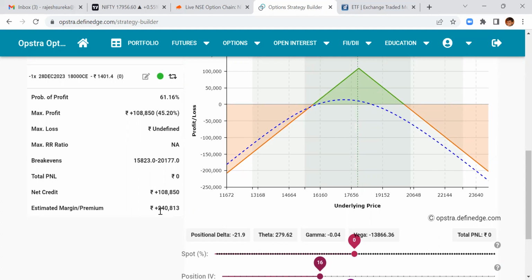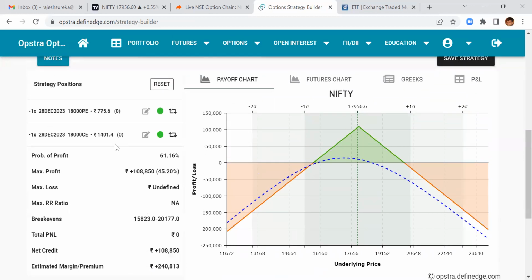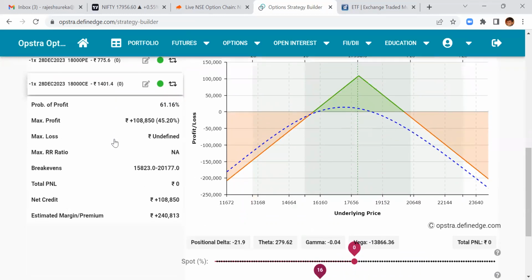240 when you enter the trade, the moment you enter the trade, you get a credit of 1,08,000. Sorry, Rajesh, what does it mean? थोड़ा explain करोगे? हाँ तो इसलिए तो पता है मार्जिन क्या रिक्वायरमेंट है. 2,40,000 का रिक्वायरमेंट है, ये क्लियर है, राइट? ठीक है. जैसे आपने ट्रेड लिया, तो आपने 775 में 18,000 का पुट बेचा, 1400 में 18,000 का कॉल बेचा, तो ये दोनों प्रीमियम आपके अकाउंट में क्रेडिट हो जाएंगे इंस्टेंटली. जैसे ही आपने बेचा आपके अकाउंट में 1,08,000 रुपए क्रेडिट हो जाएंगे.